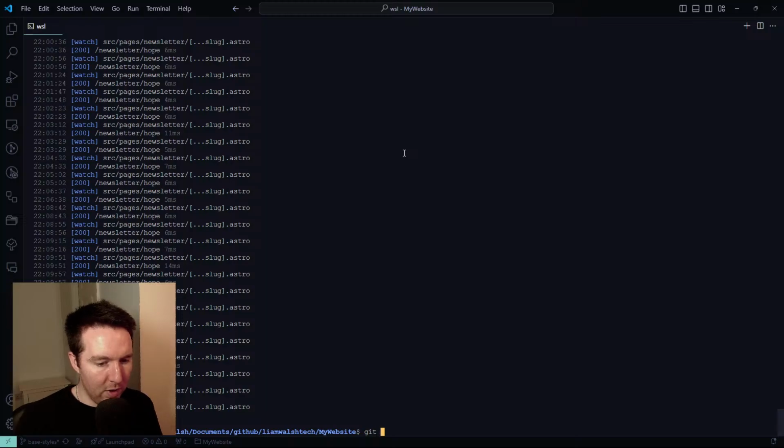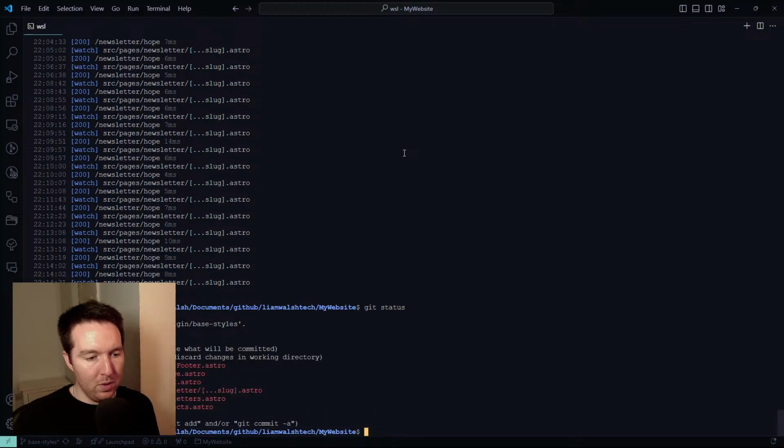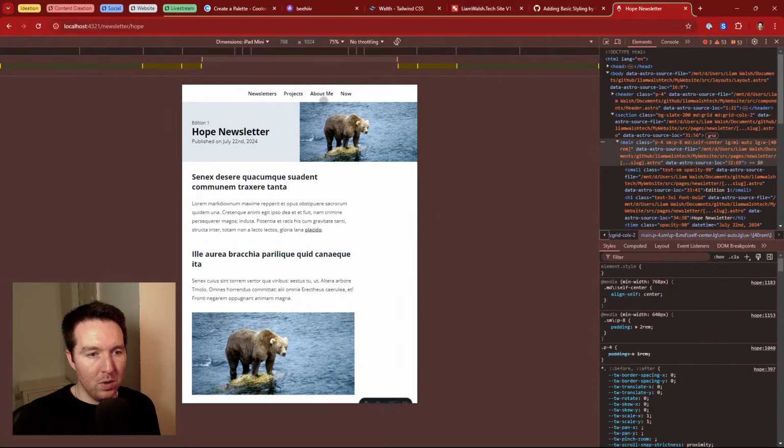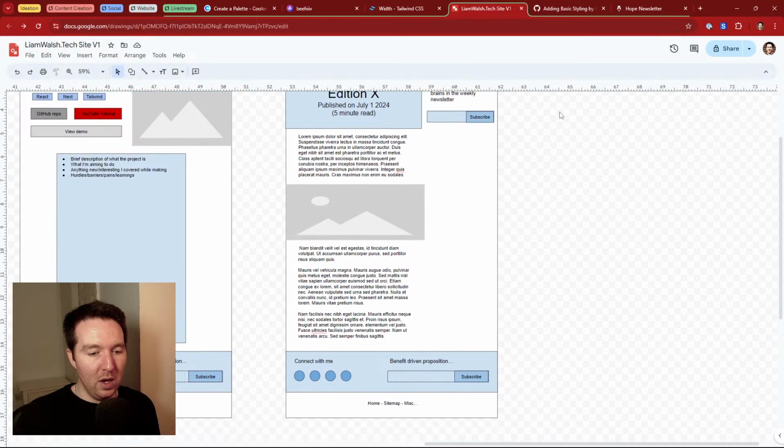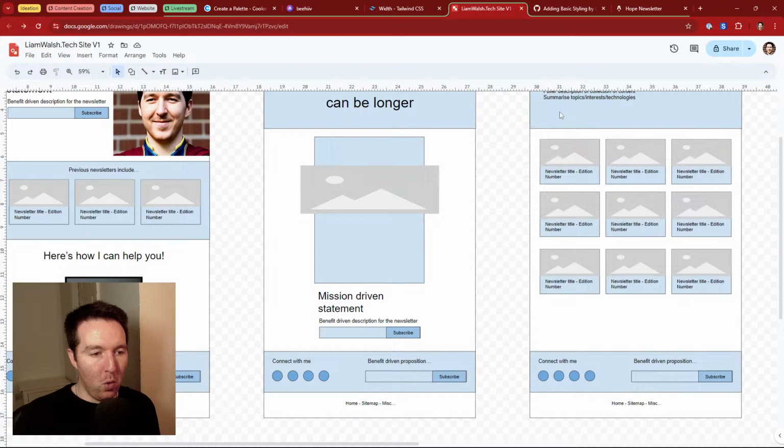Let's have a look. Get status. So I think we needed to get onto the project page, but we almost covered all the pages on this site build now in terms of a very basic layout. And from there, it's very easy to start bringing in color and styling things up a little bit more and getting a little bit jazzy. So we kind of got most of this in. I might try and get a little bit more done